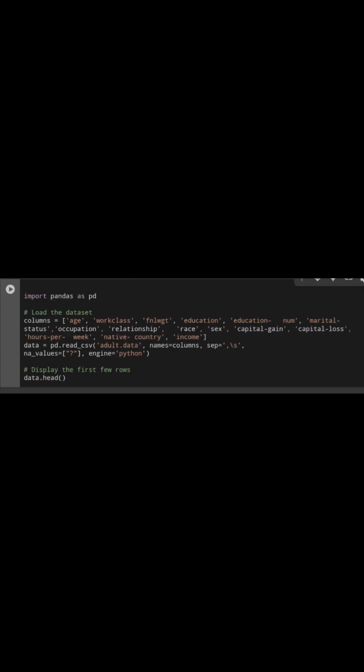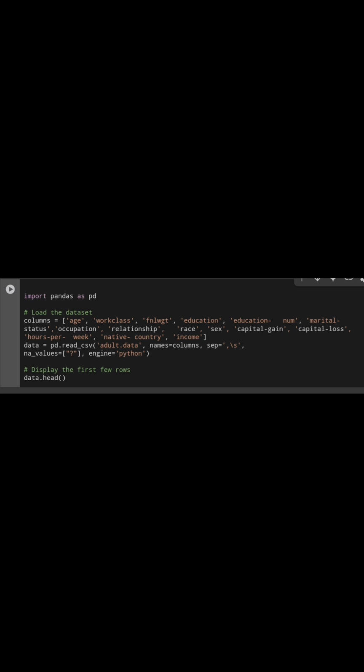Today, I will discuss to you the logistic regression. Import pandas as pd. This line imports the pandas library, which is essential for data manipulation and analysis in Python. As pd assigns the shorter alias pd to the pandas library, making it easier to use in the rest of the code.